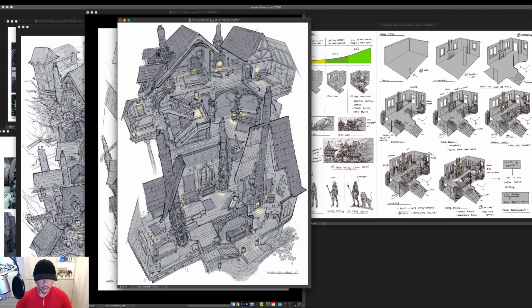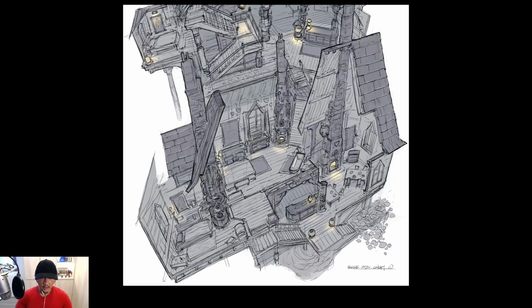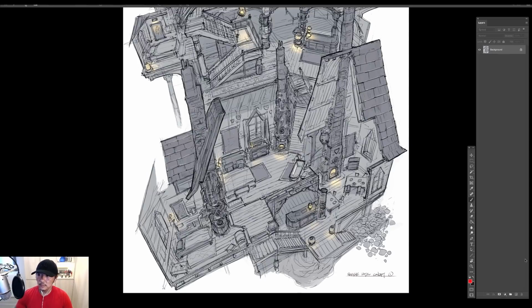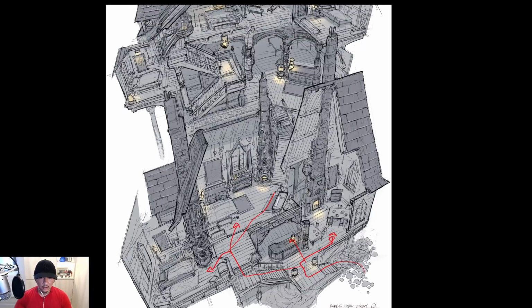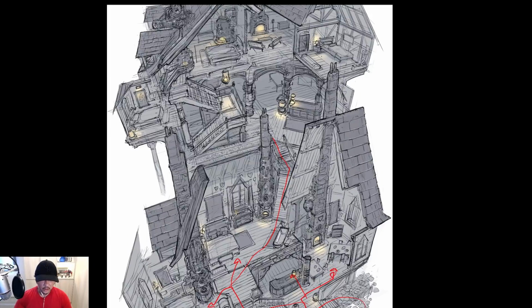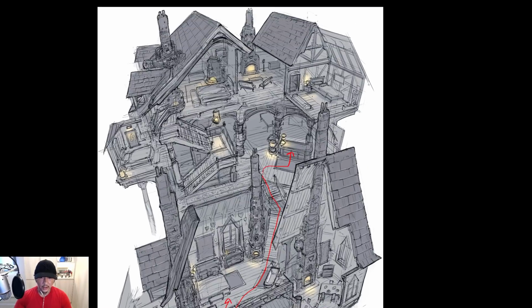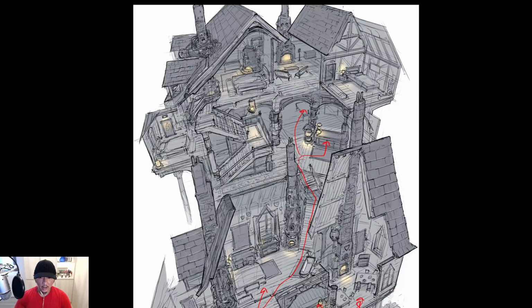Do I have exploration? Check it out. Let's run through the way you can explore this space. Let me do a new layer, so we can delete that later. So you come in from here, new layer, okay. Coming from here, you could go into this, right? You could check in with the clerk. You go up the stairs, go this way, you could go into this little room. You could go into this room. You could go up, continue down the steps, and then take a turn here. You could go to another counter over here. You could go into the back area here, or you could go down this hallway,